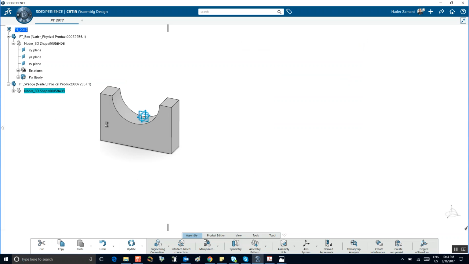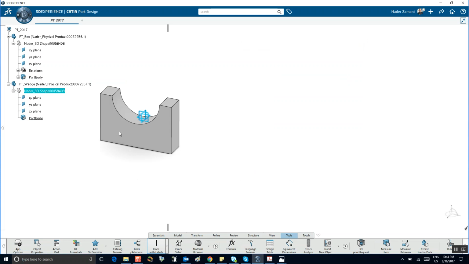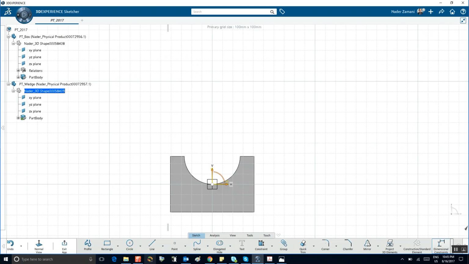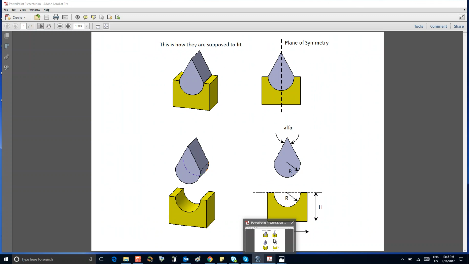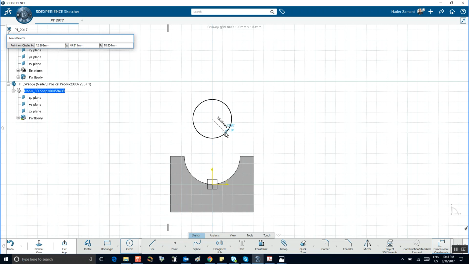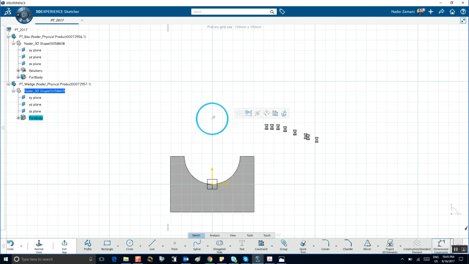Double click on the 3D shape. On a convenient plane, on the YZ plane, I will sketch. Okay, so we'll sketch something that looks like this wedge here. So let's see what's the best way of doing this. Perhaps make a circle right there. All right, and then